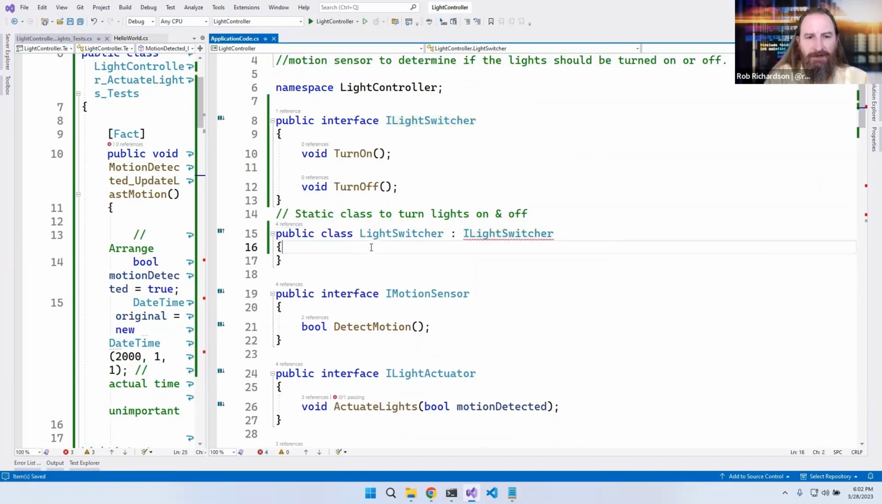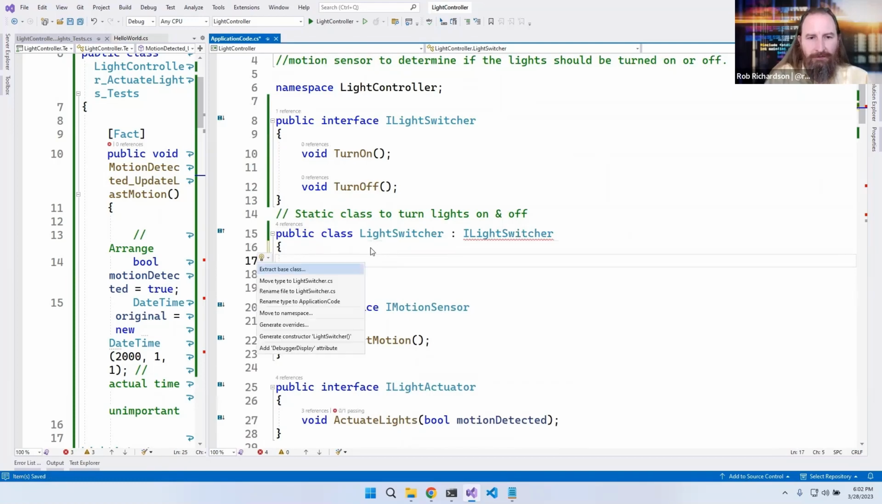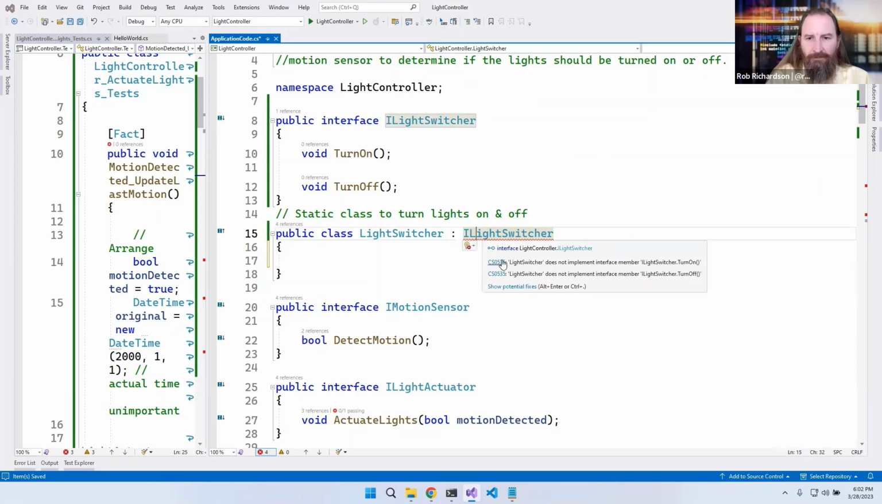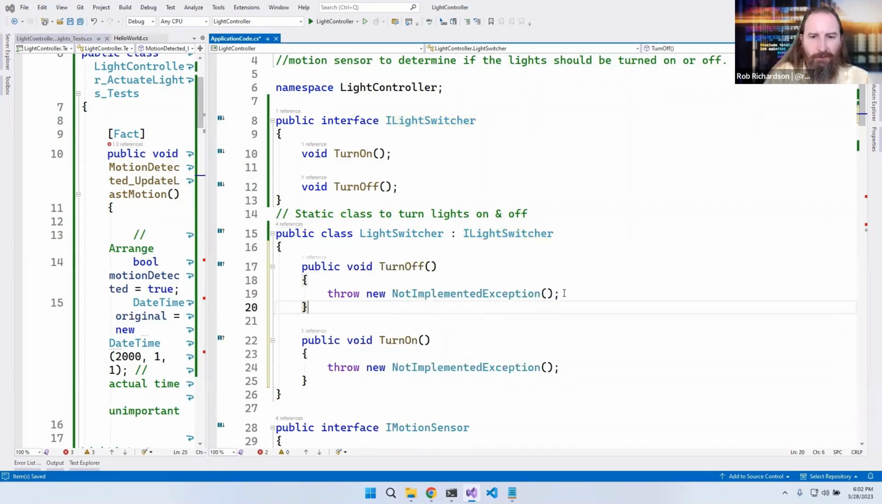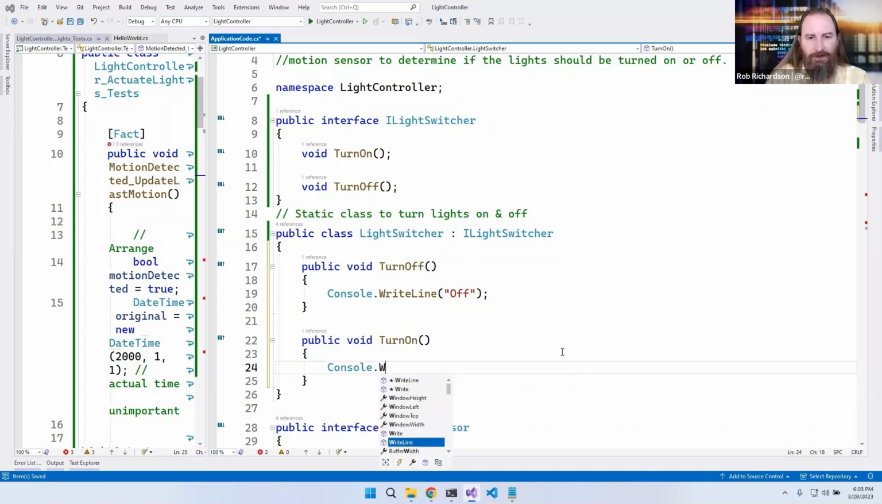Now we've got an implementation. Let's actually implement this interface. Thank you, .NET, go do the thing. Implement interface. There we go. So I'll just say Console.WriteLine off and Console.WriteLine on. I don't think we actually implemented those elsewhere,